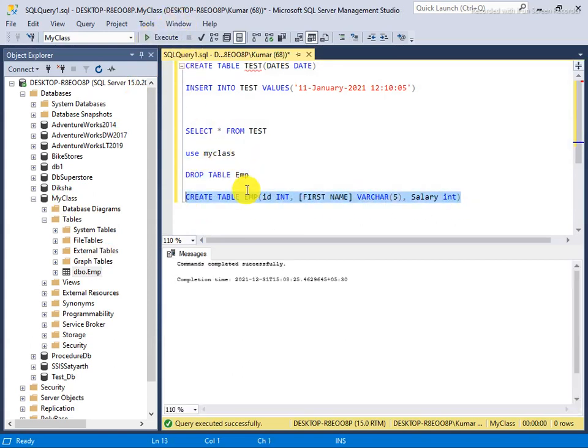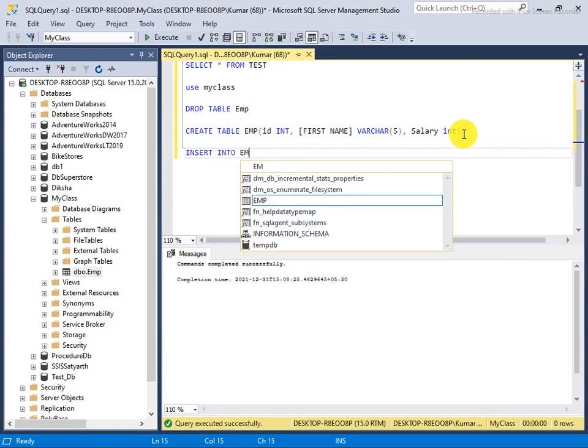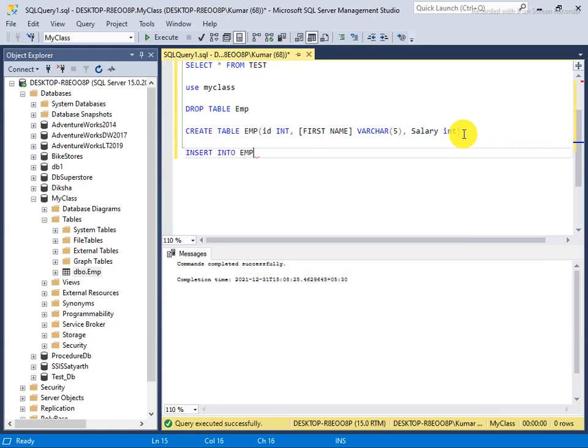So simply I create. This is a create command, and how do we create the table? And I insert here some values, like insert id 01, and a name, it means like Kumar, and salary.